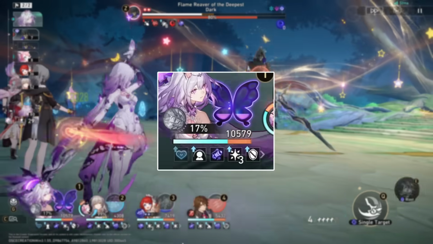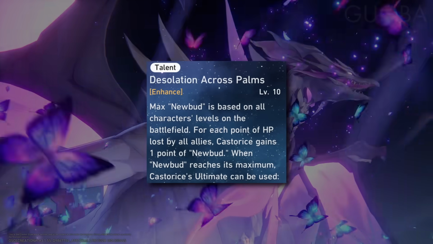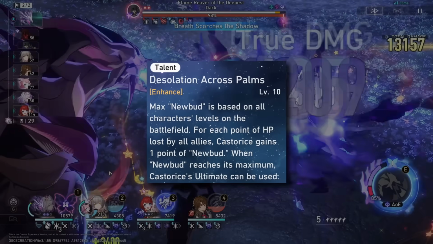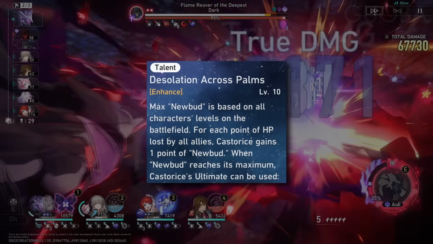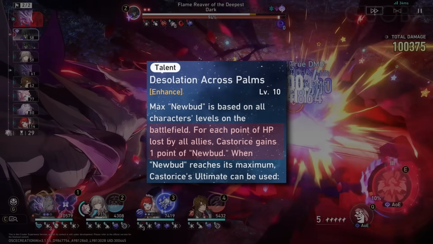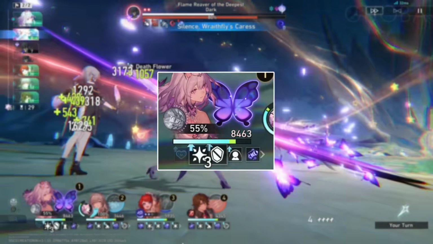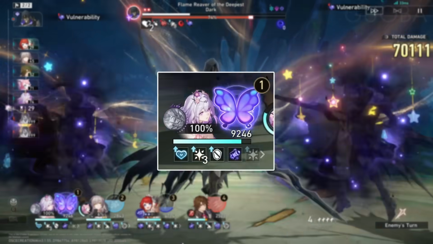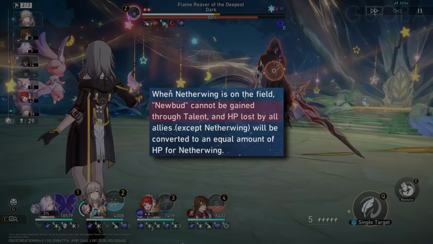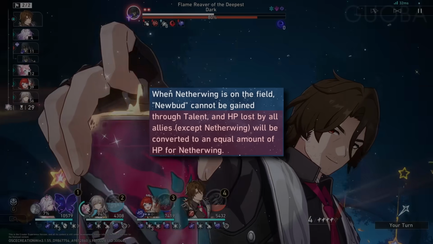Newbud is Castorice's unique form of energy, just like Feixiao and Acheron. It is based on character levels, but that's for lower account levels. For 99% of people, it will be a set 34,000 points. And you'll obtain points from allies losing HP, 1 point for every HP point lost. And that sounds like a whole lot of HP loss, that's like nearly killing your whole team twice, but it's not the only way of achieving Newbud. And when Netherwing is summoned, Newbud cannot be gained anymore, and HP loss instead will be converted 1-to-1 into Netherwing